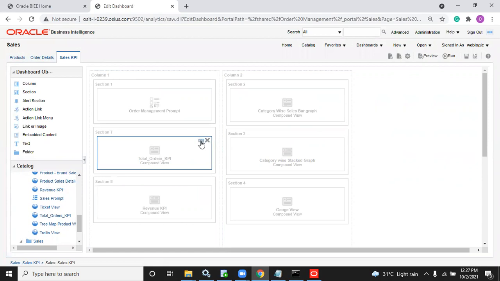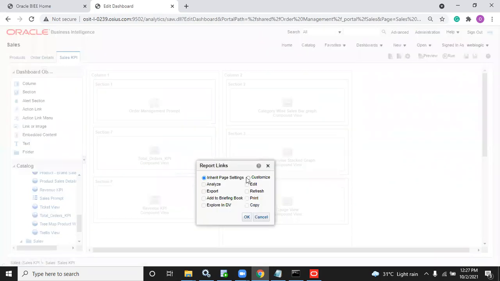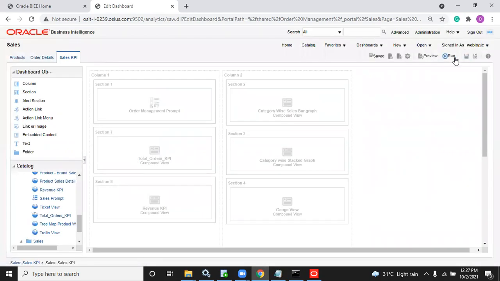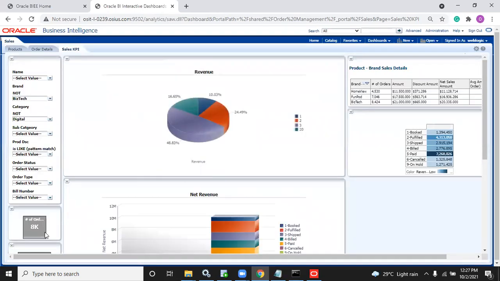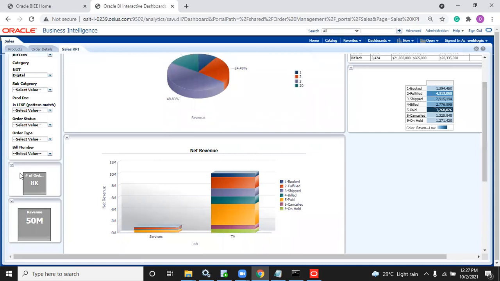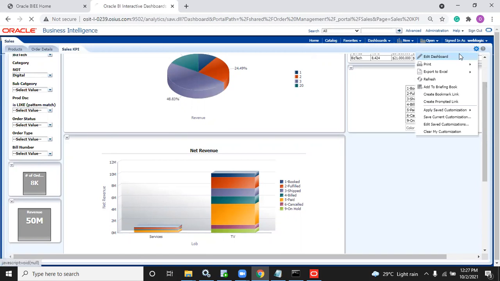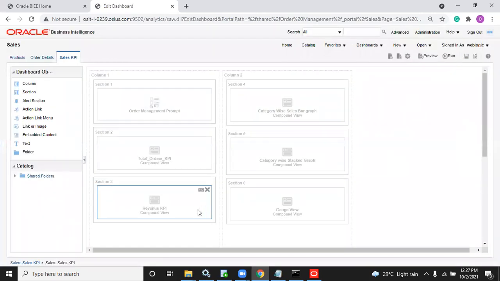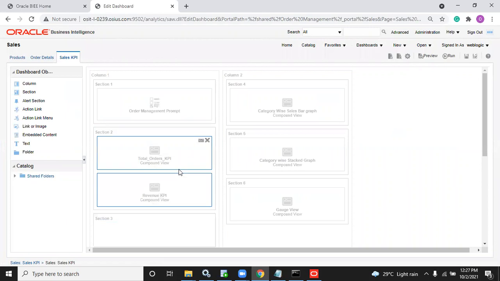I don't want the export option. Customize. There is no export option, it is not yet added. No problem. It's clear. I want this to display in a single section. I don't want this in a separate box. So place those in a single section. Or you can place everything inside a single section like this.